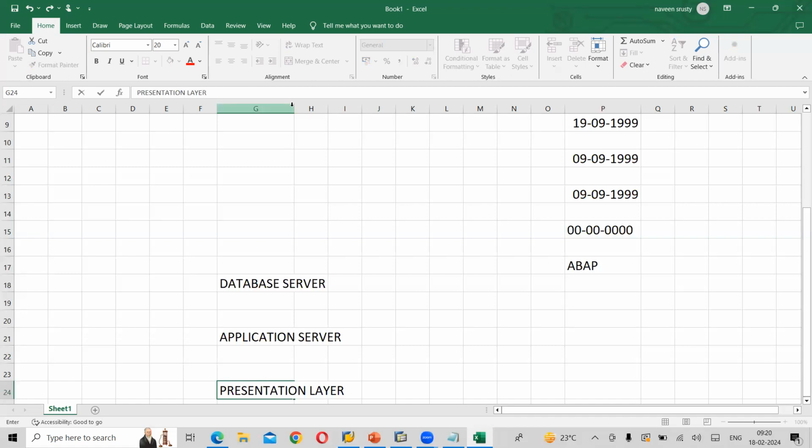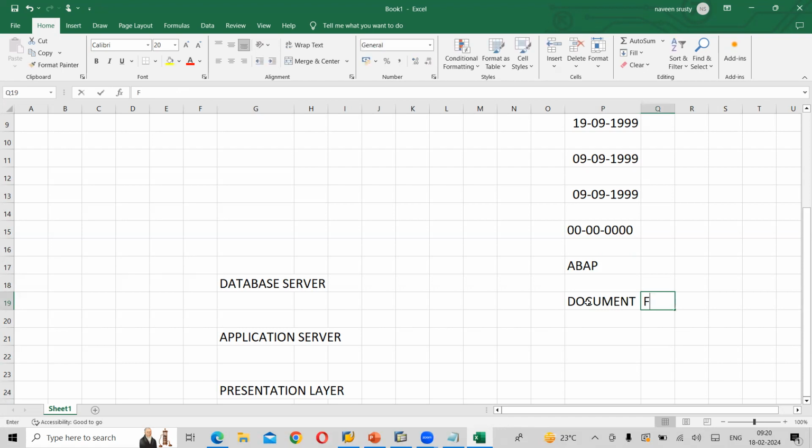That we already discussed, what we mean by database layer or database server, application server, and presentation server, right? So whenever we retrieve, for example, if I want to view one document in SAP, in FB03,